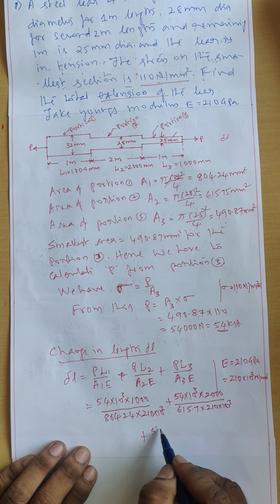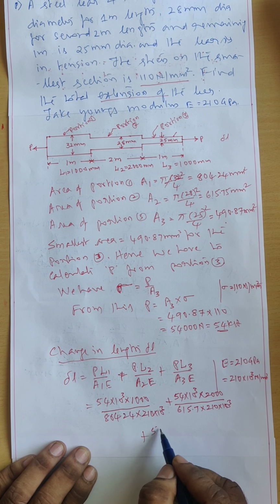From this, if you add the deformations of all three bars, you are getting the total deformation. It comes to be total 1.67 mm. Therefore, the total deformation of the bar, delta L, equals 1.67 mm. We calculated the change in length. In this problem P is not given, P we calculated. By using that we calculated the total change in length.